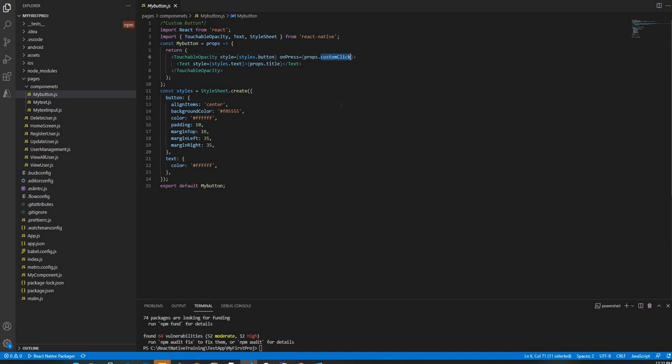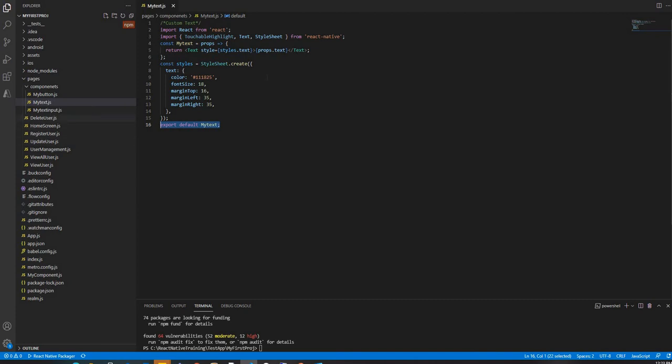So basically I'm going to bind my command or my function or my method to a property called custom click, and I will provide it like a parameter for this button. This button will be used throughout all my custom screens that I'm going to add